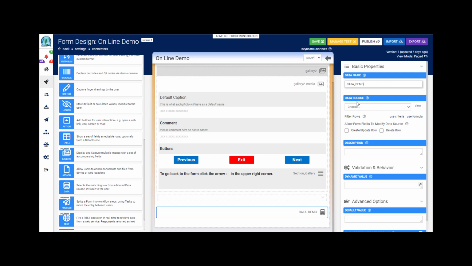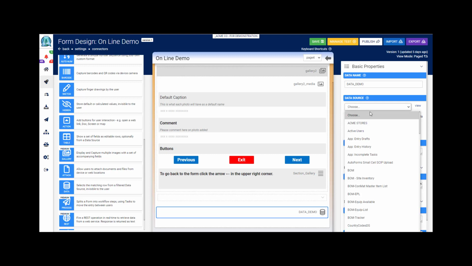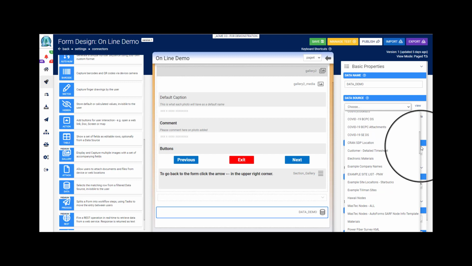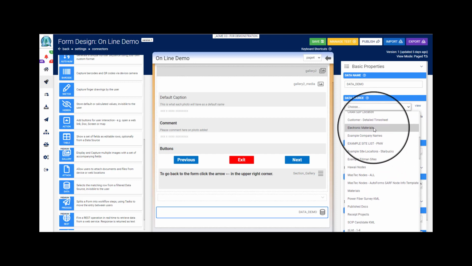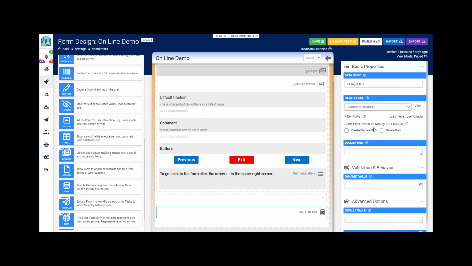You will notice below we have a property data source with a description immediately below. On here I'm going to choose our data source and I'm going to use our electronic materials. Now what we're doing here is selecting our target database to which the form is being linked. Now you can use filter rows and user interaction to refine the selection of a specific row in the given